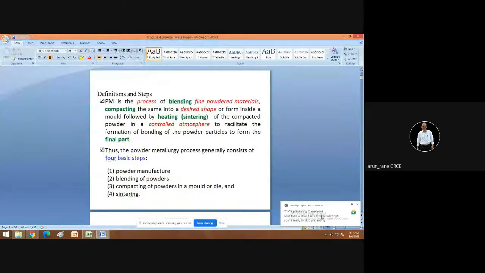This is also somewhat similar. So whichever you find easy, you can learn it. The weightage for this powder metallurgy will be minimum 5 marks, maximum 10 marks. On an average, only one question is asked on powder metallurgy, a 5 marks question.